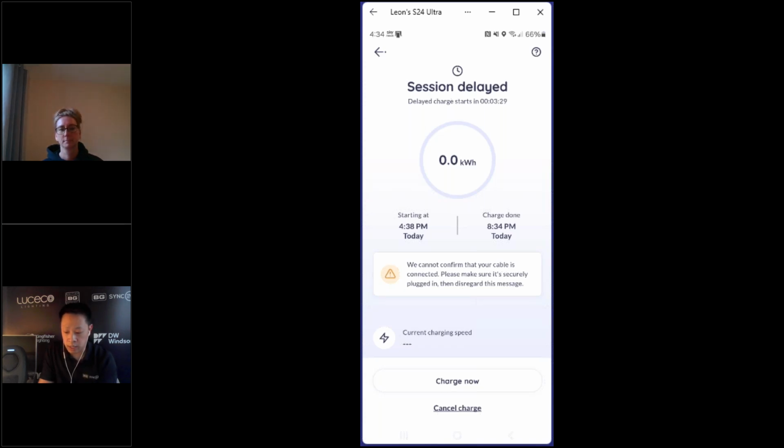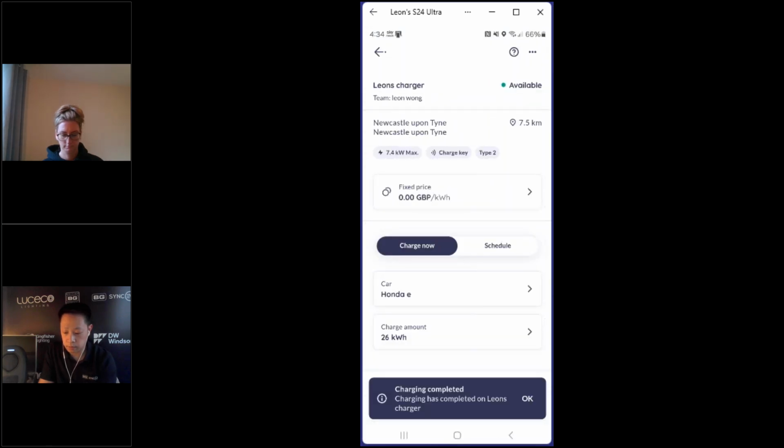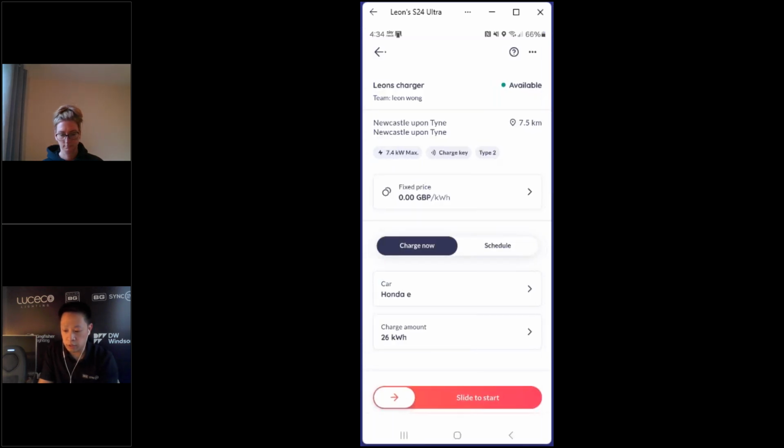What I'm going to do is cancel the charge now as I've realized that actually there's no type 2 cable plugged into it. So yes, stop that. And last thing I'd like to show you on the MONTA app itself